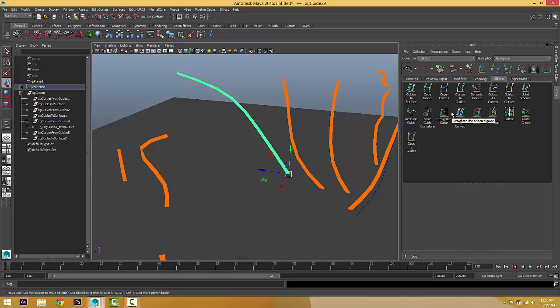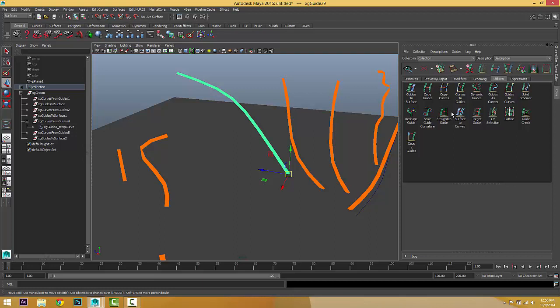You can change it to surface. You can use curves to shape the guides. Okay, this is the third one.